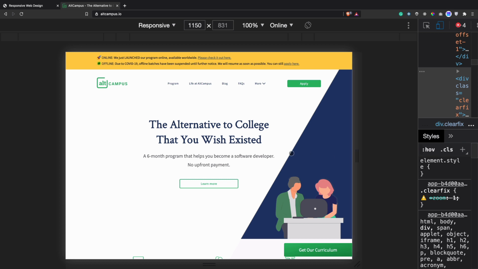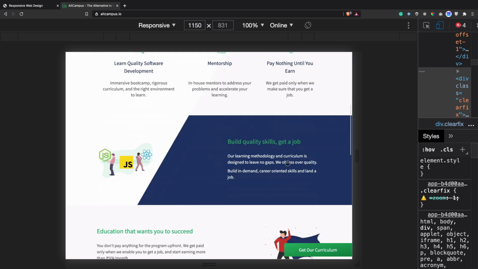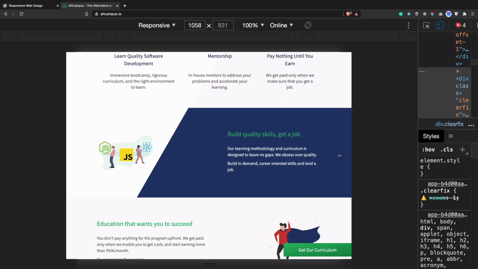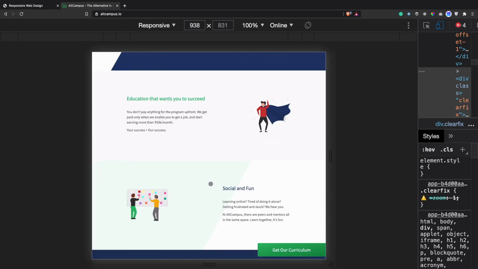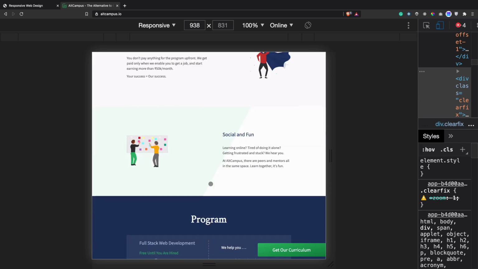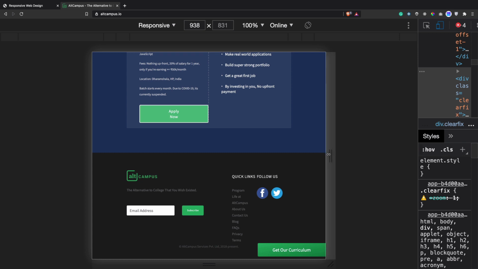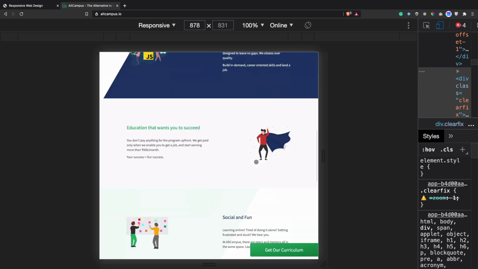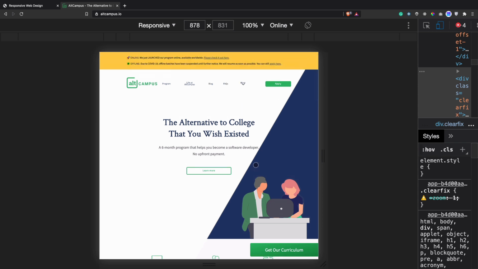You can see here, as soon as we reduce the size of the screen, the font size is also decreasing, and similarly the image size is also decreasing. It's just because our layout is flexible as well as responsive, so it is responding to whatever changes we are doing here. We are making changes in the screen sizes, and accordingly the font size as well as images and the size of the container are responding. That's the responsiveness.